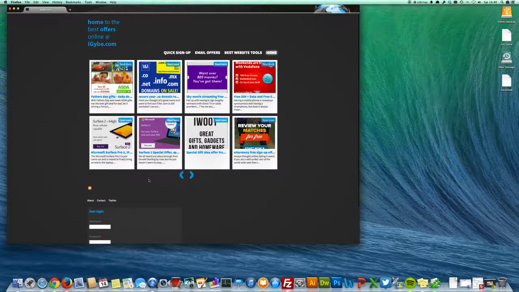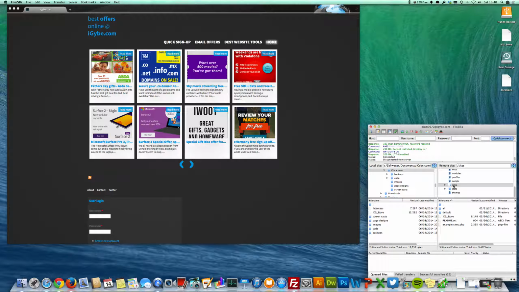So what do we need to do? We need to open our FTP client, FileZilla, for our purposes. Navigate to, or log in, of course, to our root directory. Navigate to the sites directory, then all, and then we want to go to themes. In themes, you've got a number of themes possibly, and we want to choose the right one. In our case, that's day and night, and then in the CSS folder we can see there's a number of